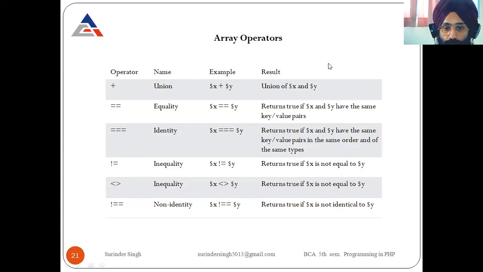The third option: we have 3 types of array in PHP: index array, associative array, and multi-dimensional array. Clear?